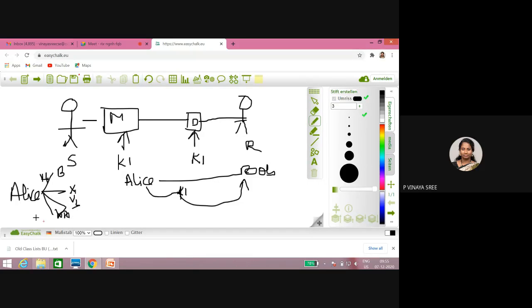So what is happening here? When people want to communicate with each other, as the number of communications increases, the number of keys needed also increases. So the key distribution process is a problem in symmetric key. If Alice wants to communicate with so many people, generating the keys is one issue, and distribution is another issue.